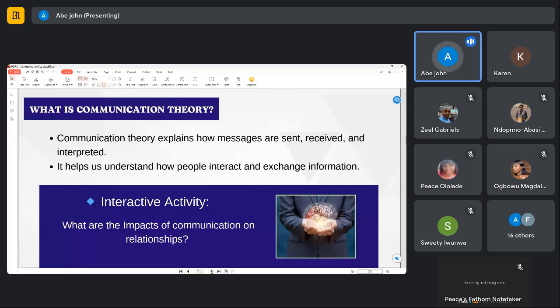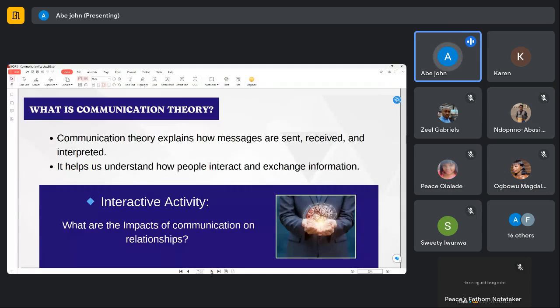It might be your background, the way you were brought up, the environment, your level of education, and so on. So the same word might be said to three different people, and they would interpret it in three different ways or more. That's what the communication theory explains to us.